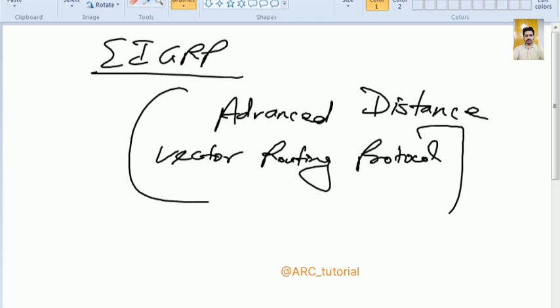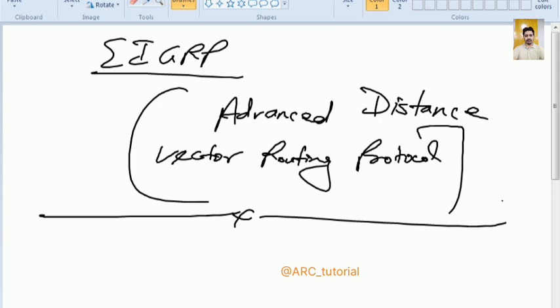Enhanced version of IGRP. Before going for EIGRP, we must understand what are the problems with RIP,